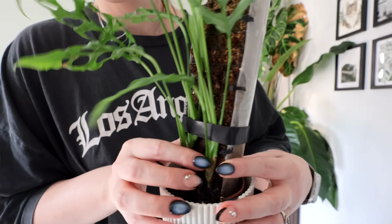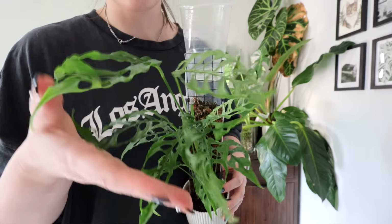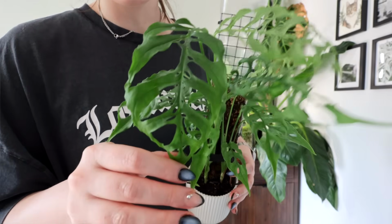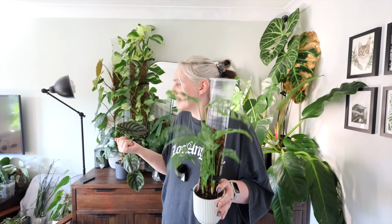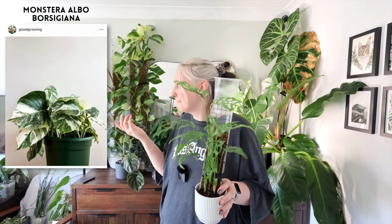I don't know if it's growing particularly well into the moss pole. A little bit, but not tons. It could definitely do better. It's just okay. I just don't have very many other options, really, at all. Do I only have my variegated monstera? And that's definitely not going in there because I've been struggling with that one, so I guess it just has